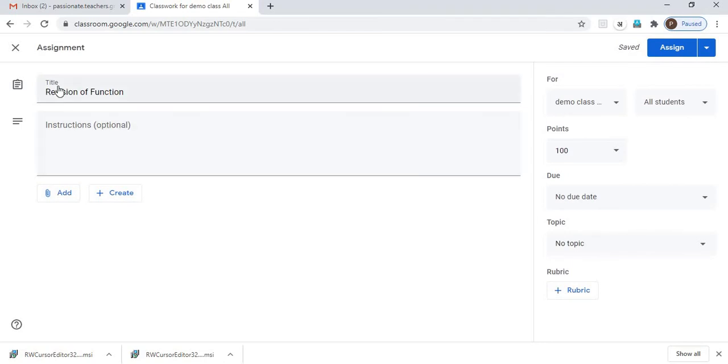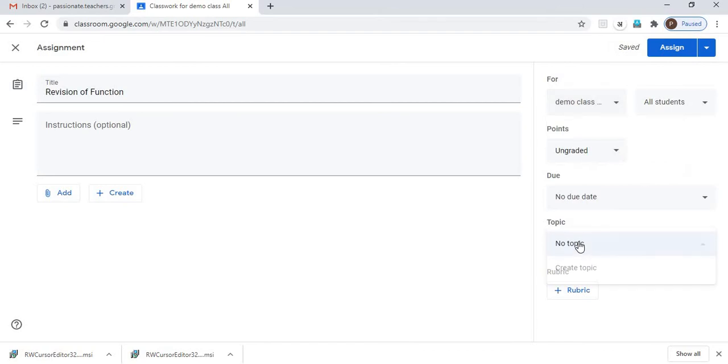Okay, now assignment I have already told you. For an assignment, you can also give it points or marks if it is graded, or make it ungraded. If this is just for revision, you can make it ungraded. Right now I have two classes, so if this revision assignment is applicable for both my classes, I can select both at the same time and for all students. And if it is only applicable to one of my classes, I can just select that, right?